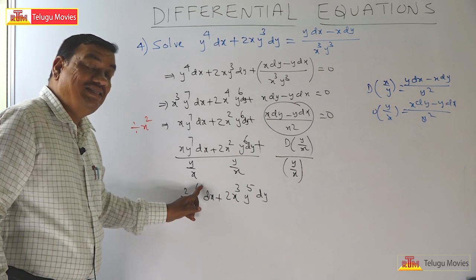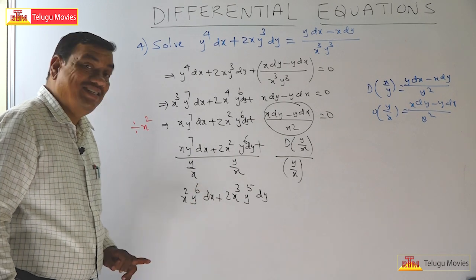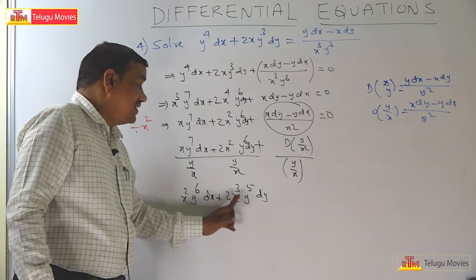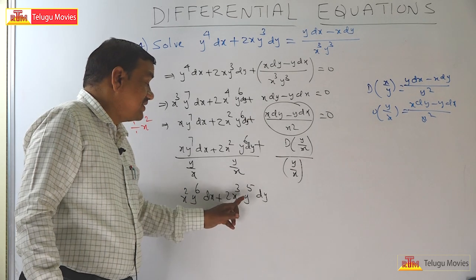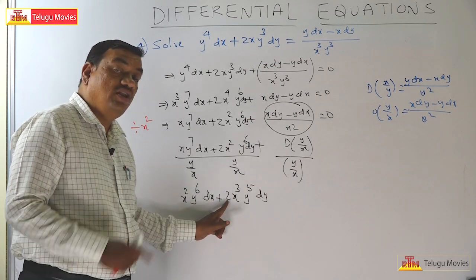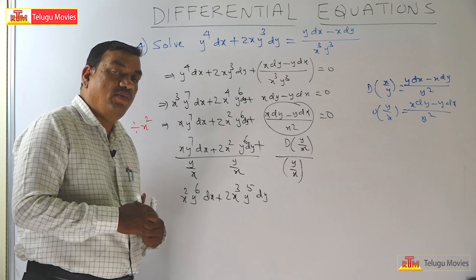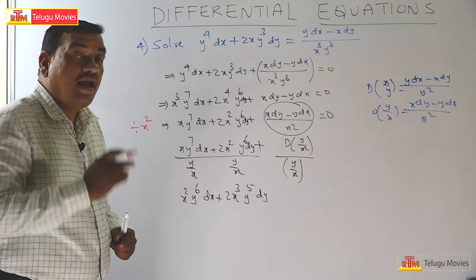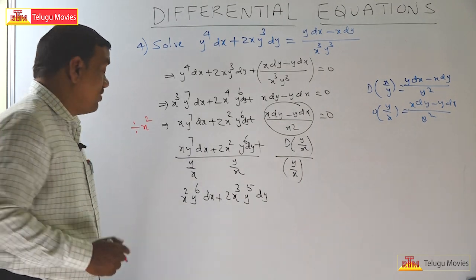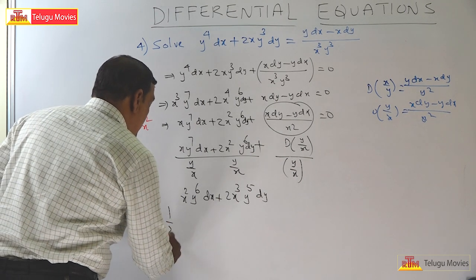The derivative of y power 6 is 6 into y to the power of 5. Here 6 is not there. Of course, 2 is there. If it were 2 times 3, the problem would be over. That's why we multiply and divide by 3. What happens? You see here 1 by 3 into